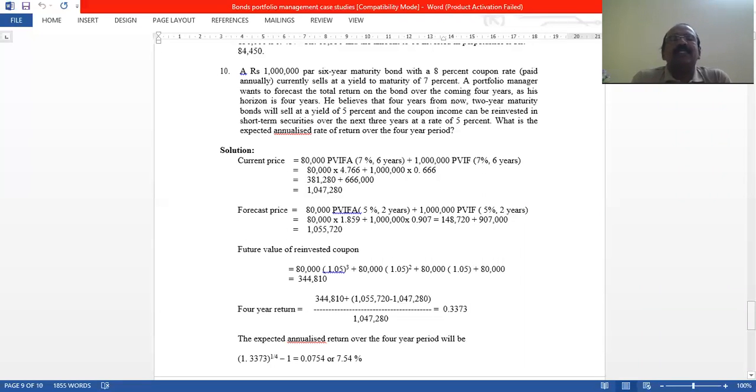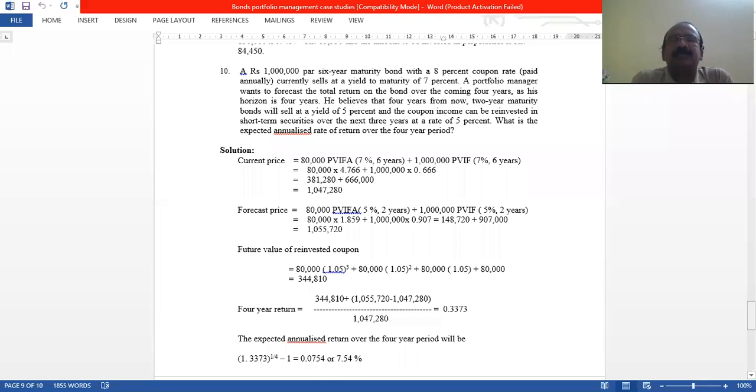By looking at this, what we can understand is yield is less than the coupon rate. The price will be higher than par value, because price and yield are inversely related. The coupon rate is higher than the yield, so the price will be higher than the maturity value, that is